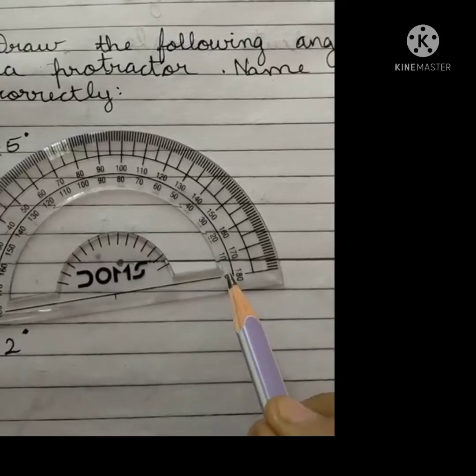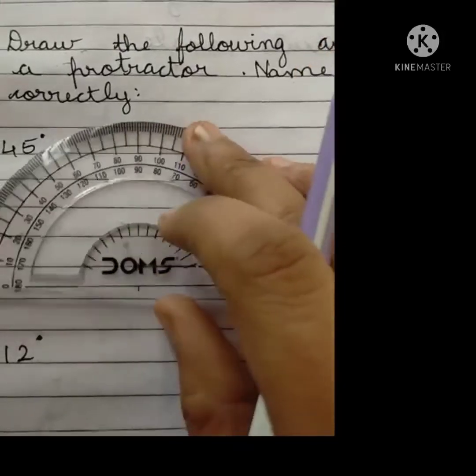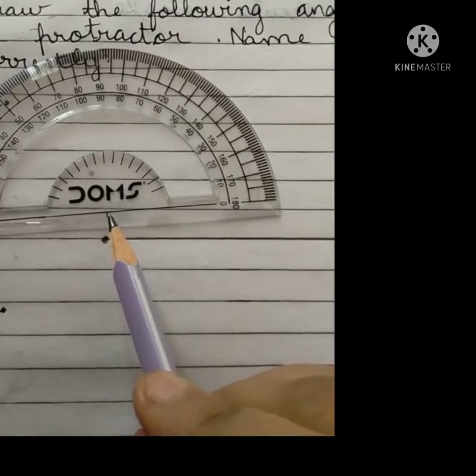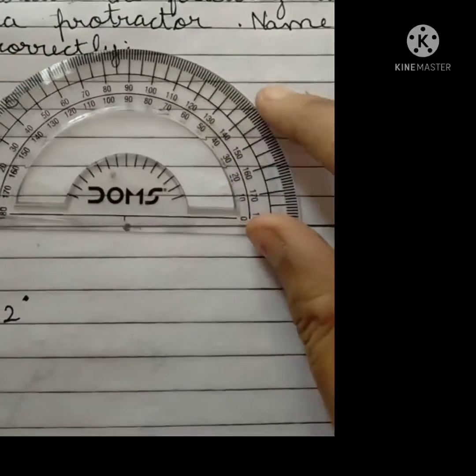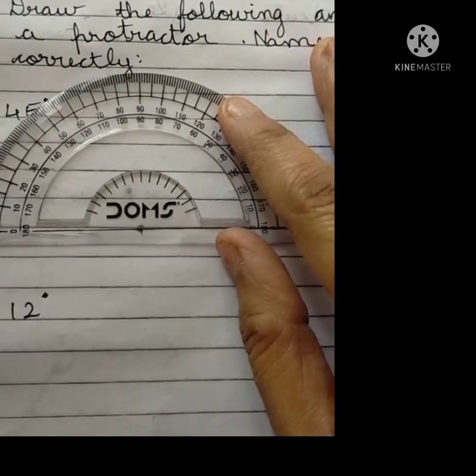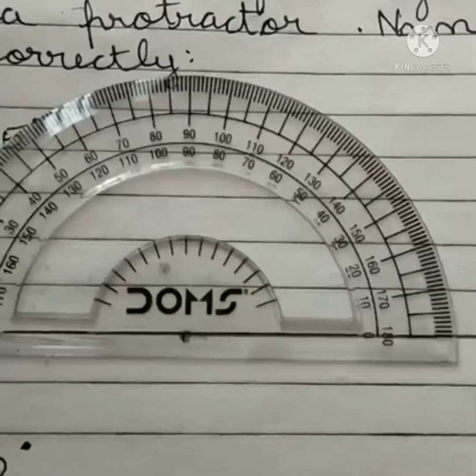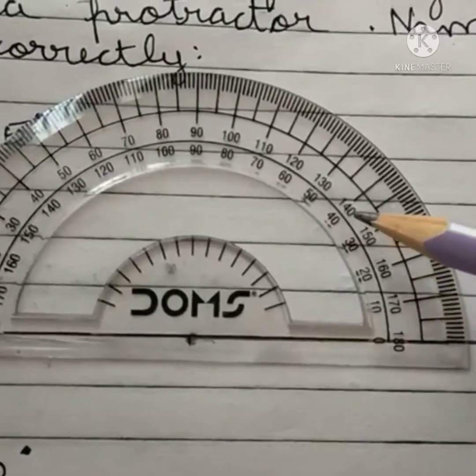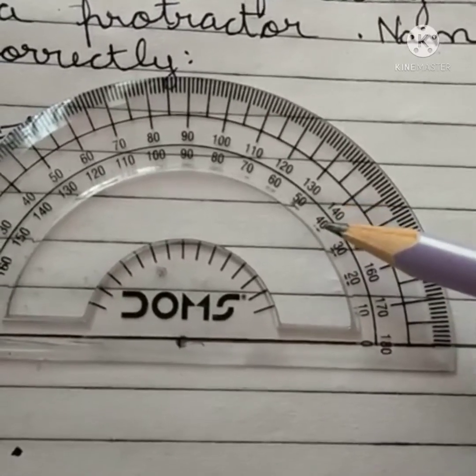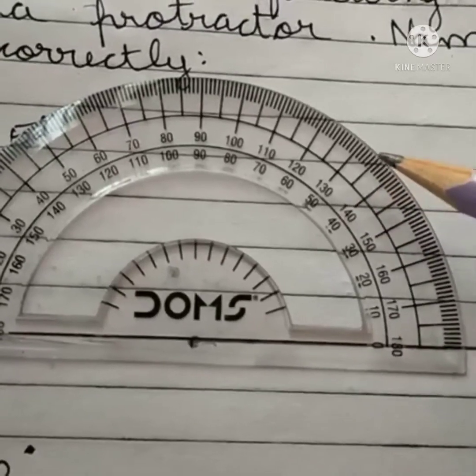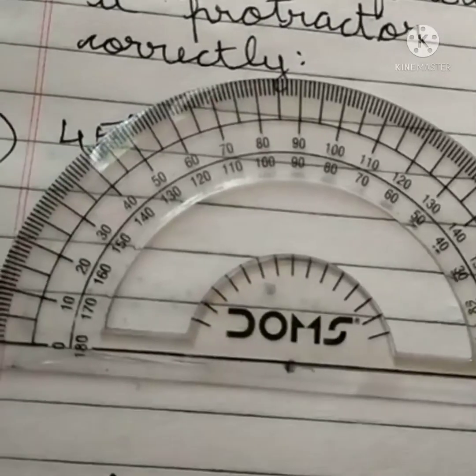जो नीचे वाले डिग्री हैं 0, 10, 20 ये वाले आपको डिग्री देखने हैं, ऊपर वाले नहीं देखने हैं, ठीक है। अब जो आपका ये वाला पॉइंट है, इस पॉइंट को आप यहाँ इस पॉइंट पर रखेंगे। This line should be straight. जो 180 डिग्री वाली लाइन है वो बिल्कुल स्ट्रेट होनी चाहिए। Now see where is 40, ये 0 डिग्री है, 40 यहाँ है। अब आपको 45 का बनाना है, तो जो 50 और 40 के बीच में जो है पॉइंट ये वाला, यहाँ ये है 45, यहाँ पर आपको एक पॉइंट बनाना है।